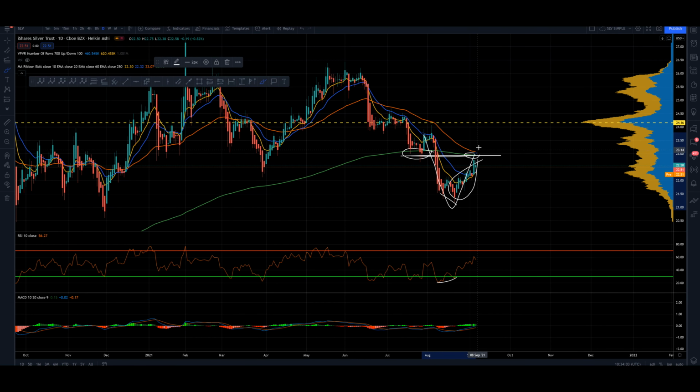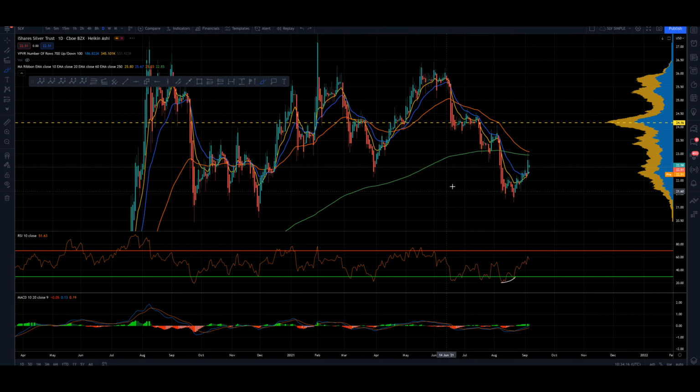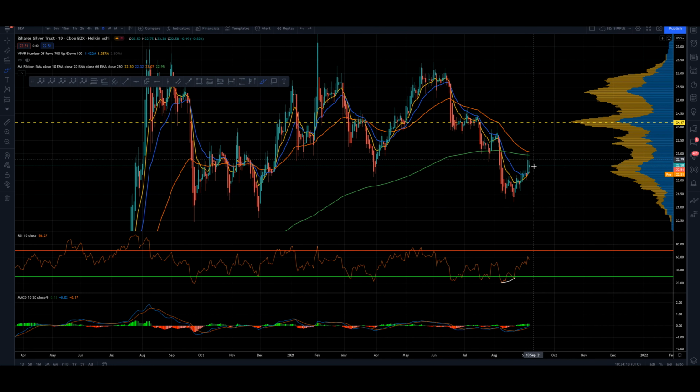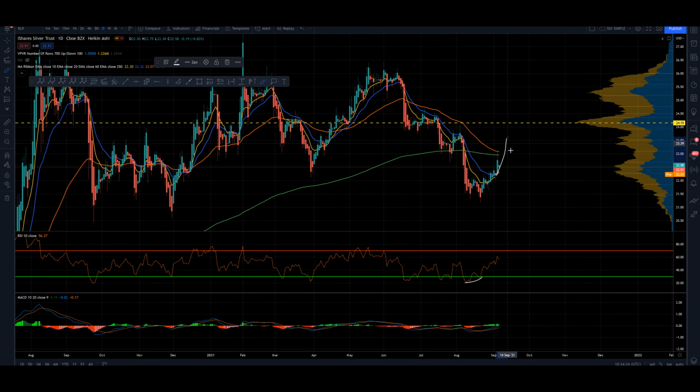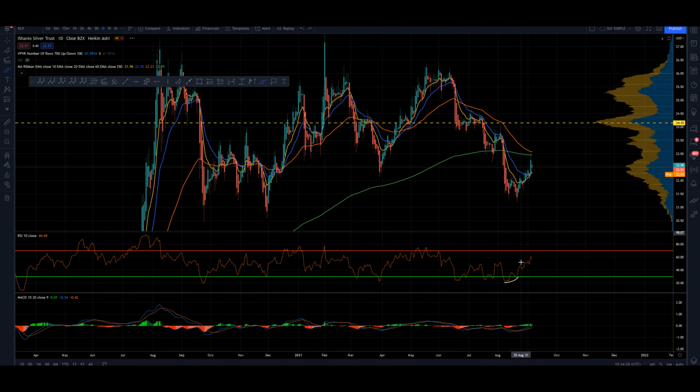So we've come down through this level, back up to this level to test it. A thrust back above this level would be bullish, because then we could test this level and these moving averages and move higher. A rejection here would be bearish, and we would expect to see new lows, taking out these lows here. So that's what we're seeing on the daily time frame, below the 60, below the 250, back above the 10 and the 20, with the 10 crossing over the 20. But until we see a move back above these averages, we have to treat this level as resistance. So just keep an eye on that going forward.